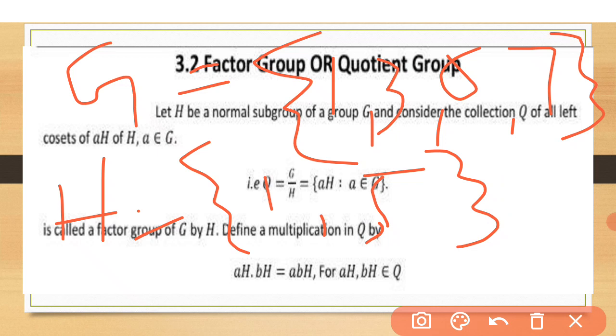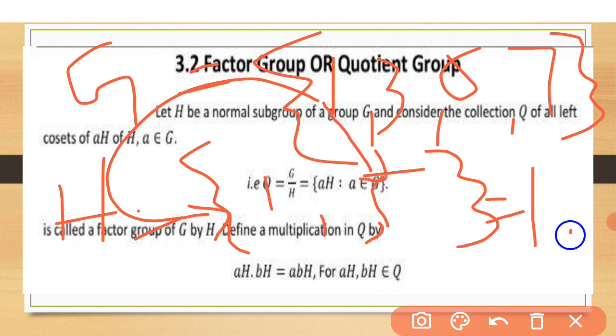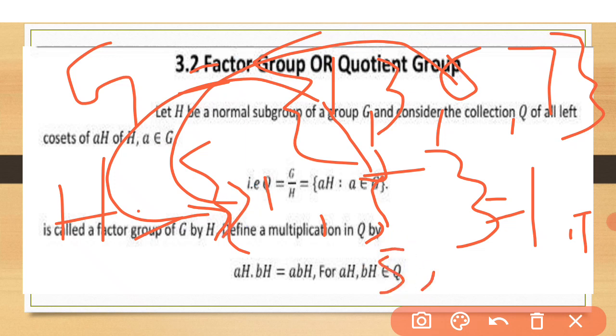we multiply all the elements of H one by one from the left side. 1 into 1 is 1, and 1 into 5 is 5. This gives us the first left coset. Similarly, when we multiply 5 by 1, it gives us 5, and 5 multiplied by 5 gives us 25, and this group is residue classes of 8 with respect to multiplication. So 25, when we divide 25 by 8, it gives us remainder 1. So these are two left cosets,